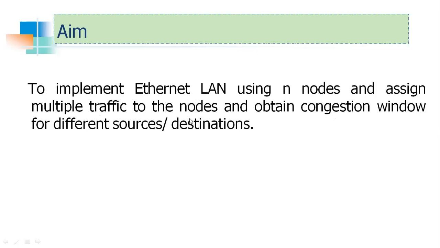Assign multiple traffic to the nodes. You can assign different traffics, like maybe two senders you can assign UDP, and one sender you can assign TCP. Then you can change the bandwidths from the sending side, each with different bandwidths. And then we will keep one receiver and see what is the congestion at the receiver. That is a collision happening at the receiver because of different types of traffic which is being sent from the sending side.